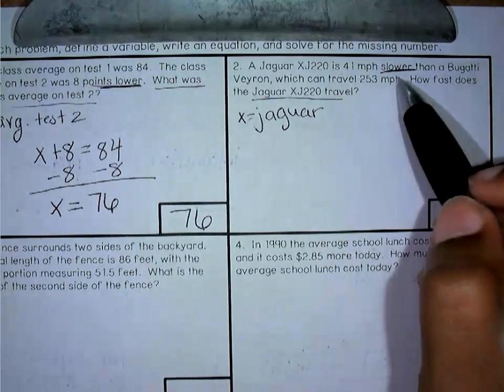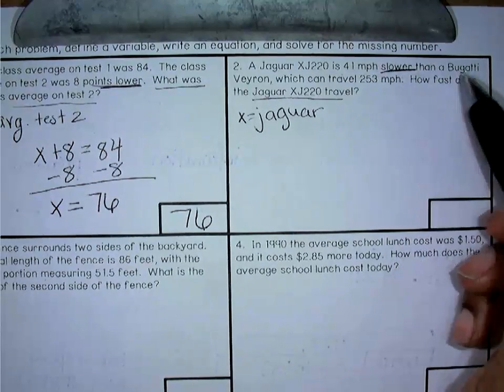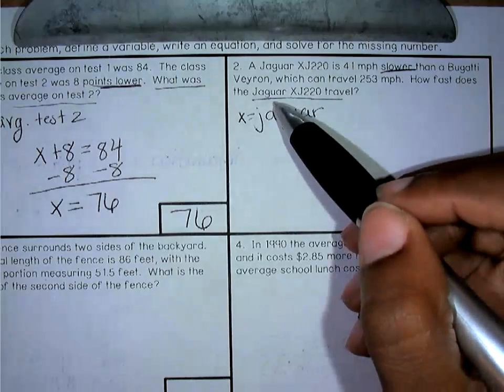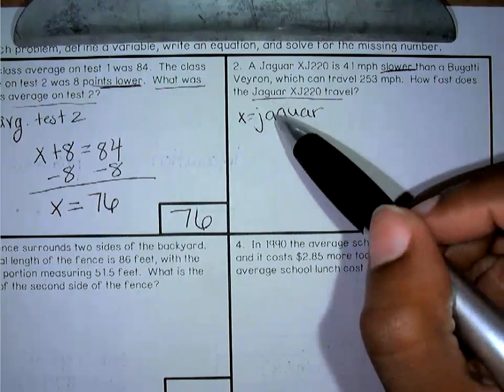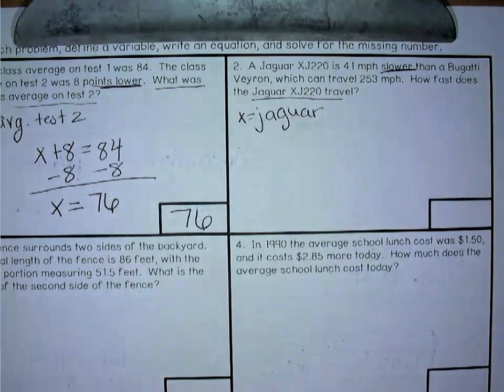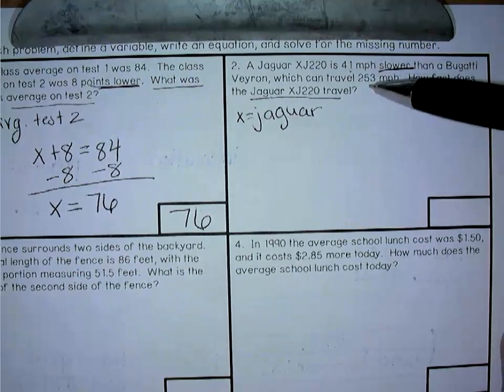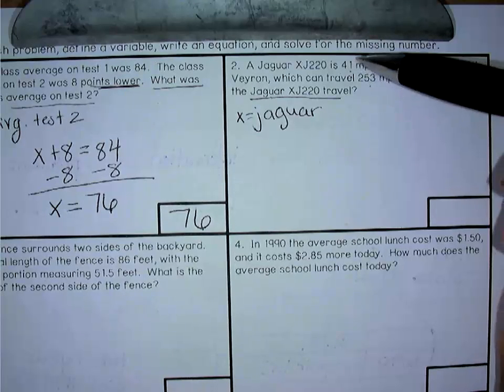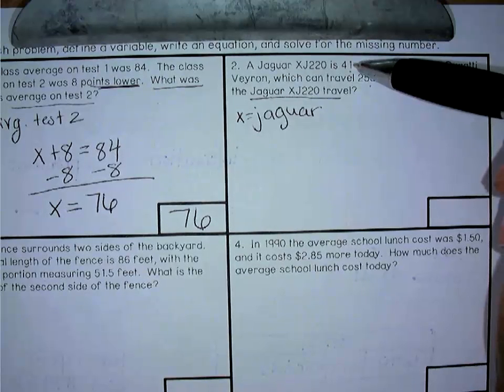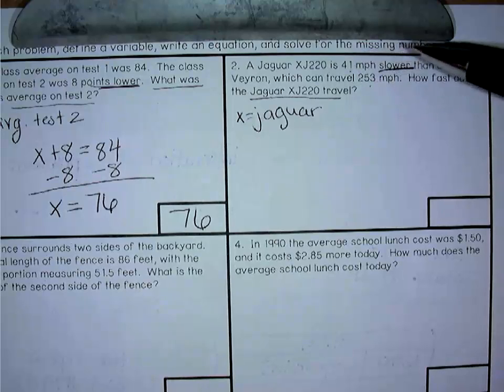It's 41 miles slower than a Bugatti Veyron, which can travel... How far does the Jaguar travel? So we need to figure out, if we subtract, are we subtracting 41 miles from this 253 to get it, or should we be adding it? Okay, so when we think about it,